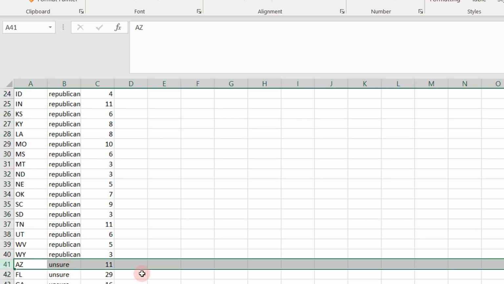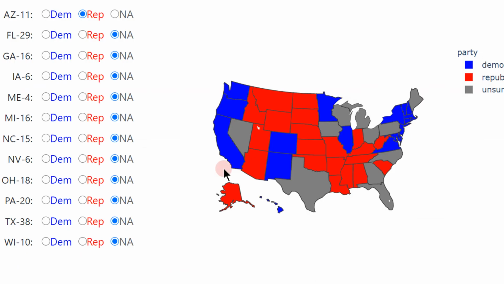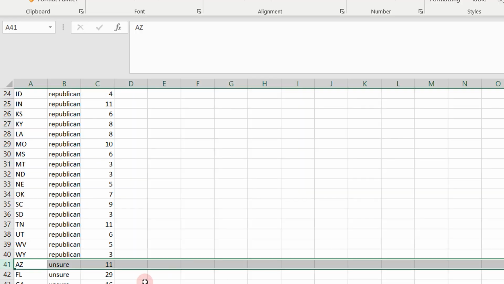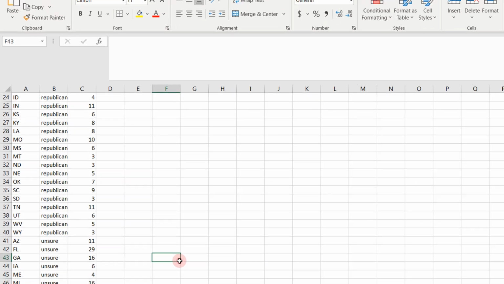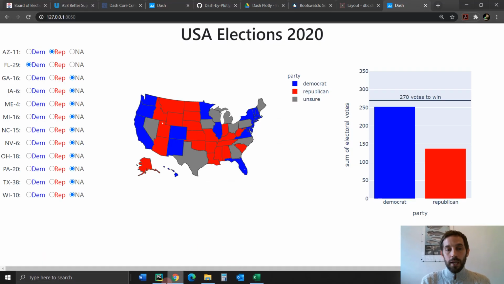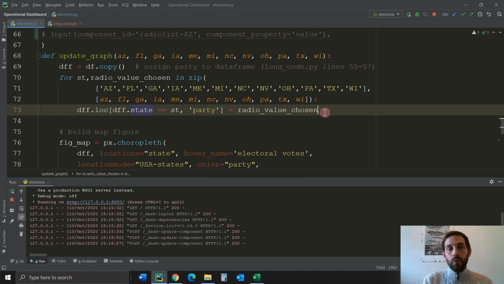Same thing with Florida. In the second loop, it's going to take whatever was chosen. Let's say it was a Democrat. It's going to take that and put Democrat inside the state column where Florida exists right here. So put here Democrat, right? So that's how I changed the whole data frame with 12 different